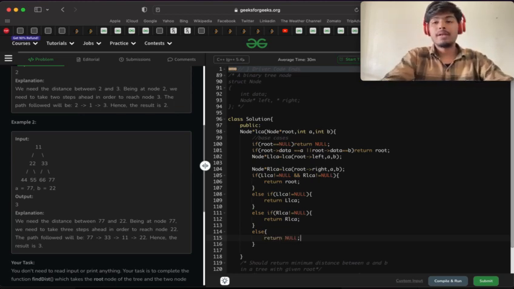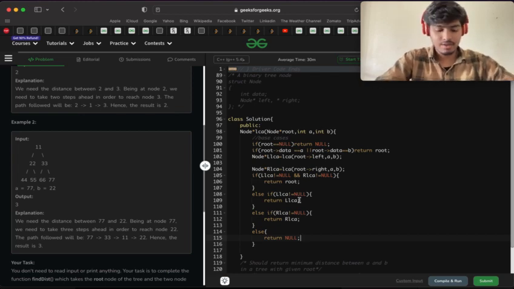So we have completed the LCA function. Now what I will do is I have to find the minimum height function also. So height function, how I can find is, so let's write the height function,